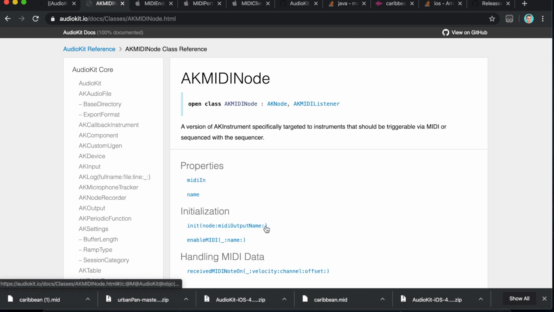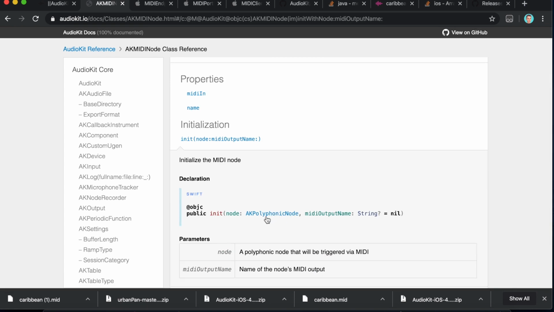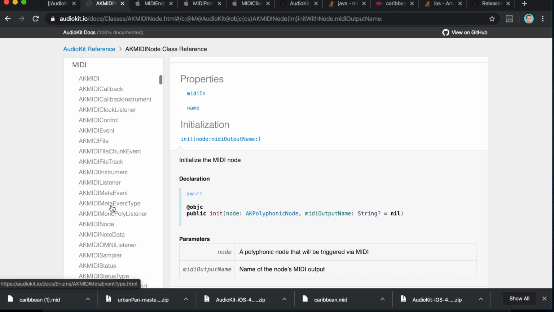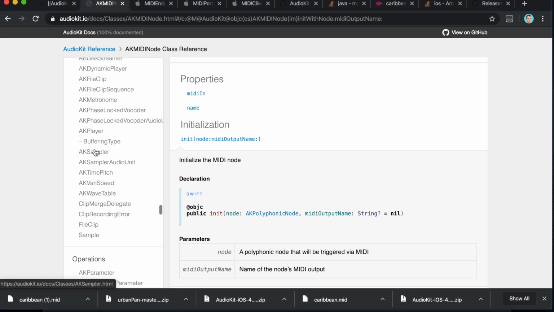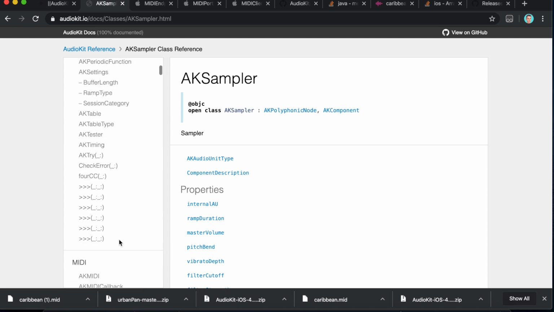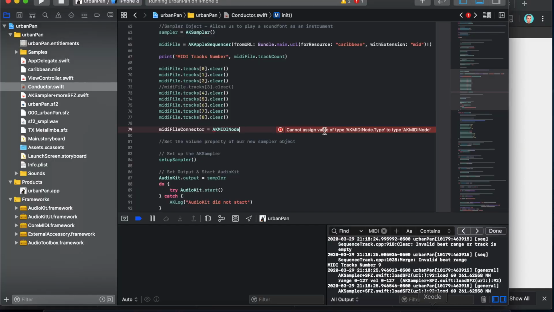And look at this. It looks like what it actually does is it will take an AKPolyphonicNode, which if we look at the AKSampler here, there it is. Okay, so we can see the AKSampler is also an AKPolyphonicNode. So it seems like they're related, right? So how we initialize that then, since this AKSampler is of type AKPolyphonicNode, then what we can